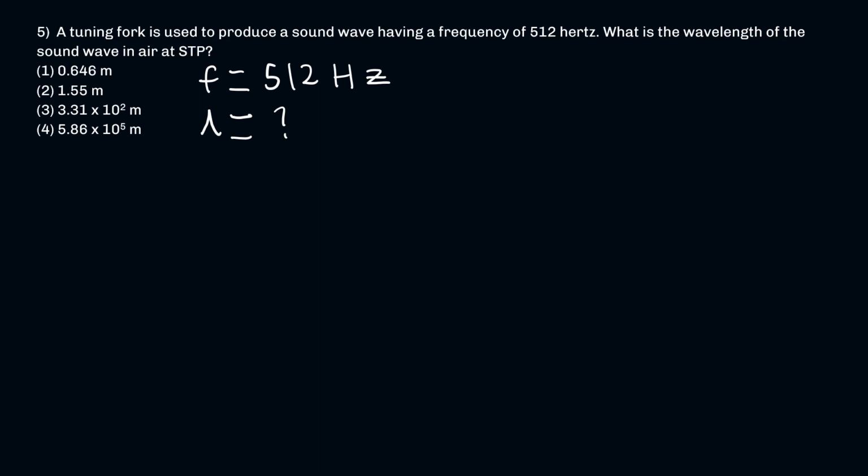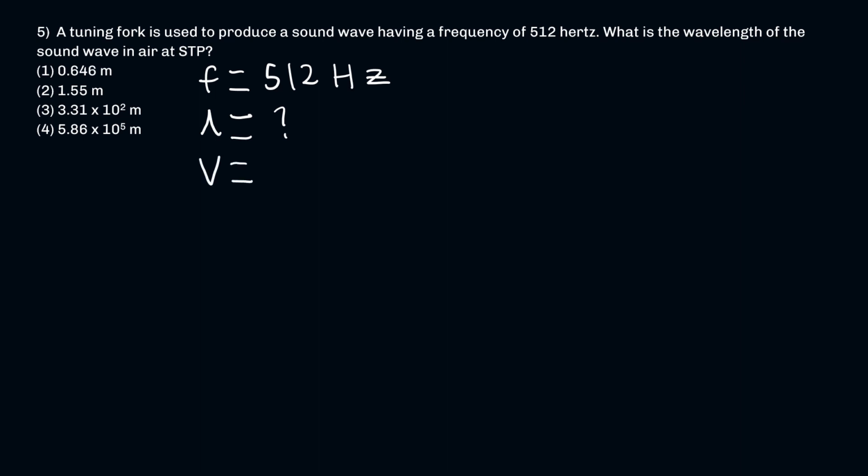And then it says a sound wave in the air at STP. If I don't know what that means, I look around the reference table for it. On the front page, there are a bunch of constants. On here, it says that we have the speed of sound in air at STP. That is going to help us if I want to find the wavelength, because the equation that can help us